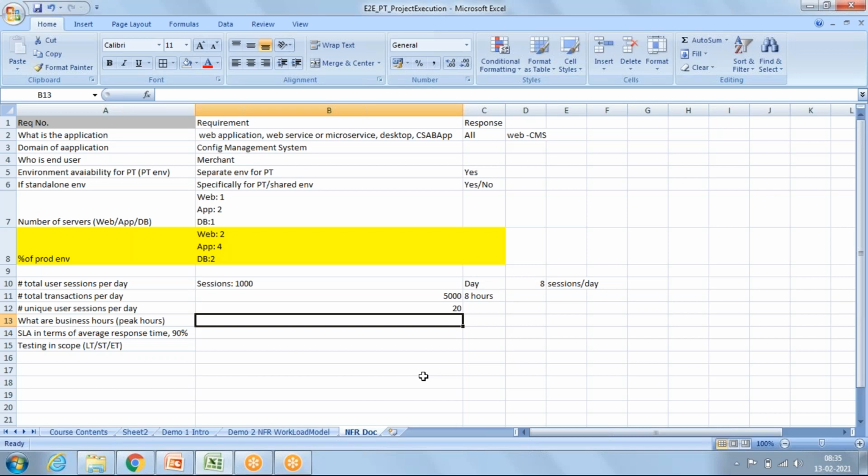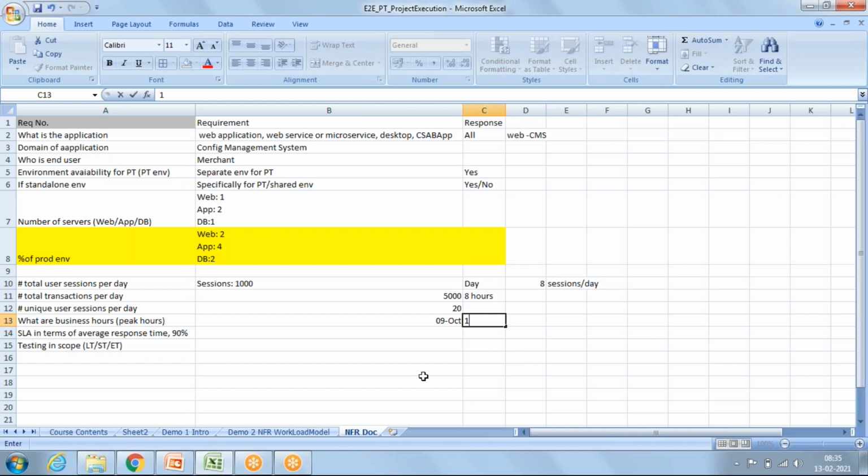The same question we will put to our business stakeholder: what are the peak hours for your users? Like he says, morning 9 to 10, which is 1 hour.